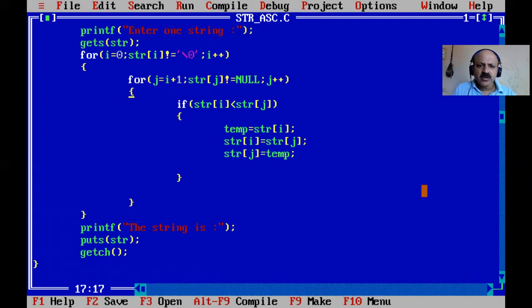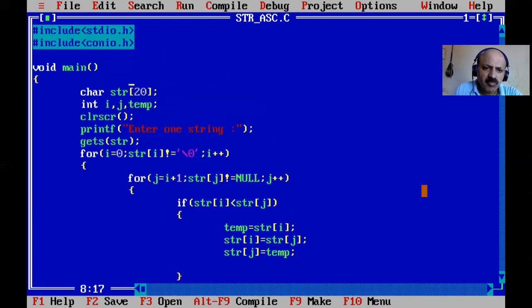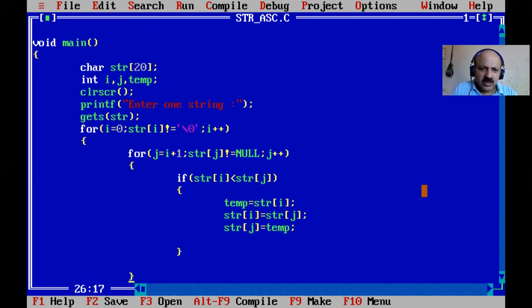So here str of i is less than str of j, and j and i are assigned. Let us check whether it works perfectly or not. One by one, we can give some understanding, like, this is a pen, and check whether all are there or not.